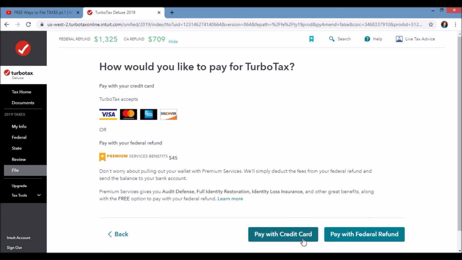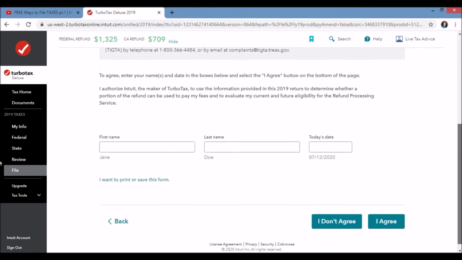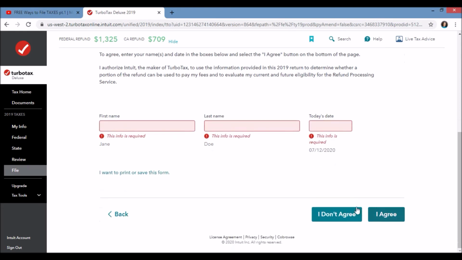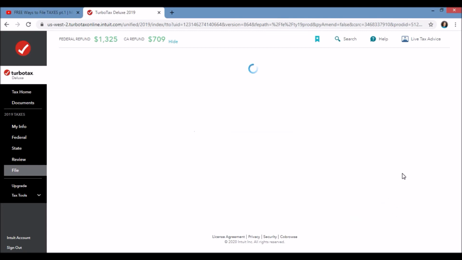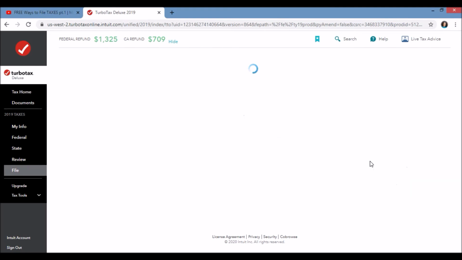And right here, they're asking how you would like to pay. So what you can do is just pay with your federal refund. So what they'll do is they'll take it out of your federal taxes. It's similar to if you went to a CPA office. They would typically let you pay after you get your refund. Similar concept online. Then you want to sign and continue, and then they'll let you know if you qualify to do that,